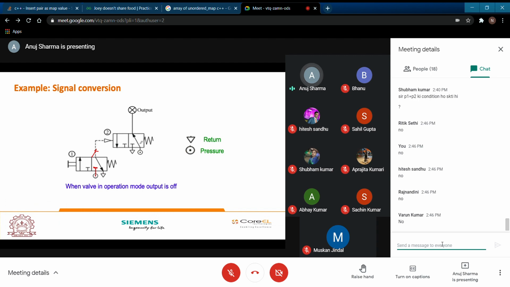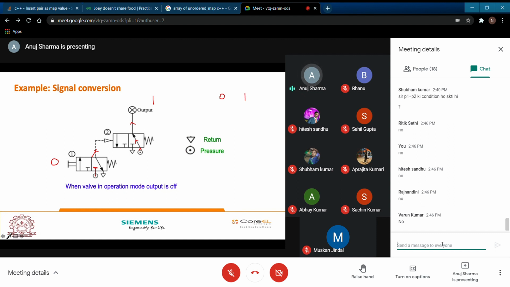Now when this is switched to this particular position, you can see this air is going to move in this particular direction, and you are going to get an output. In this position we are not using the manual tappet to switch the position. That means our input is 0, and because of 0 our output is 1. So if pneumatic air is applied, your output is 1. For 0, your output is 1.